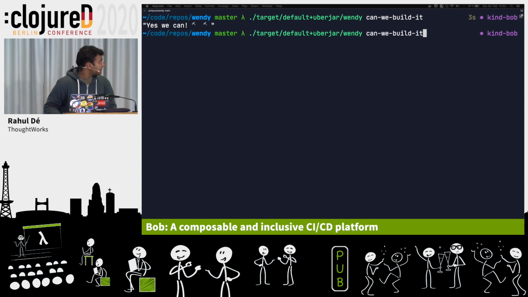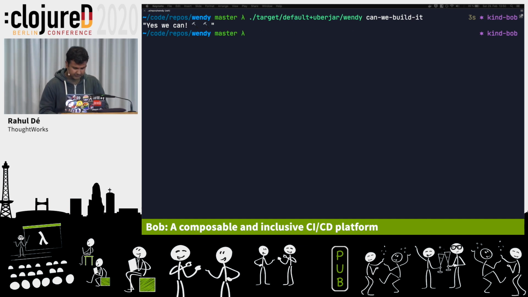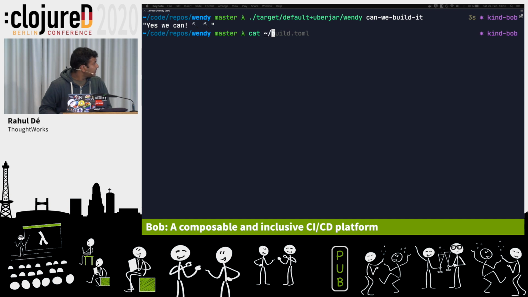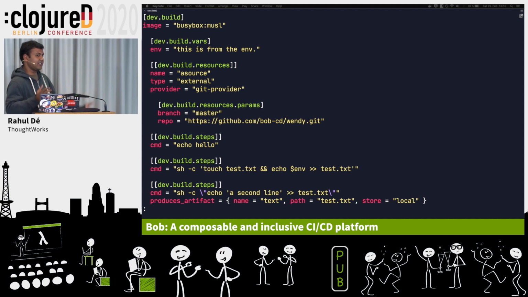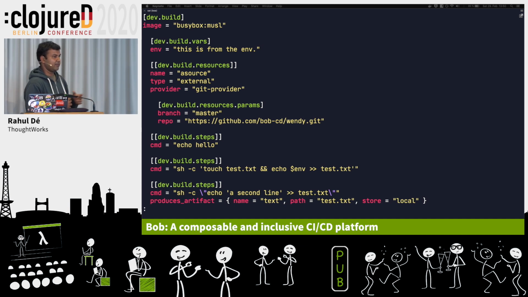Right, so there is a file here which is Wendy's. If people can see it, this is an opinion from Wendy, not Bob. So Wendy chooses to implement the builds as TOML, one of the file formats. If you want to have a really nasty discussion about YAML, please find me again. Okay? So how many of you like YAML here? Okay. I'll find you.